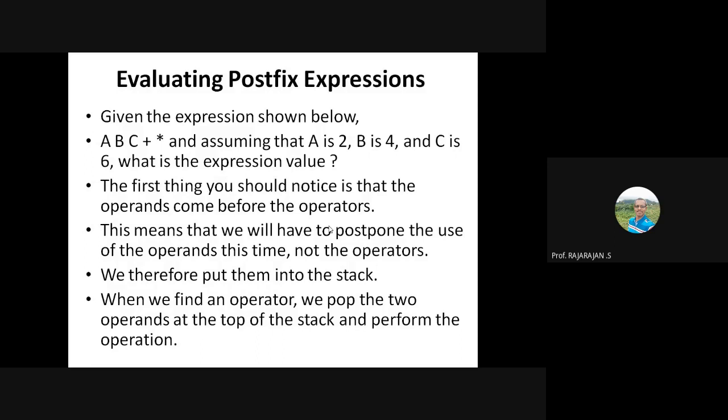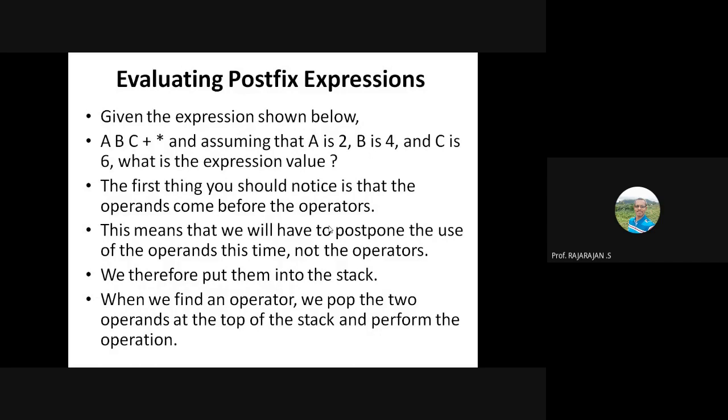Whenever operands are encountered, just push them into the stack, and the moment you come across an operator, pop two operands from the stack, apply the operator on those operands, get the result, and push the result back into the stack. A simple question is, why do we need to pop two operands?